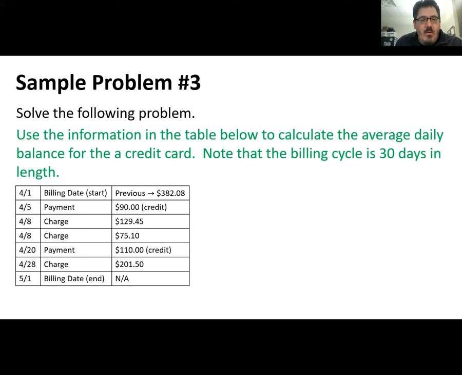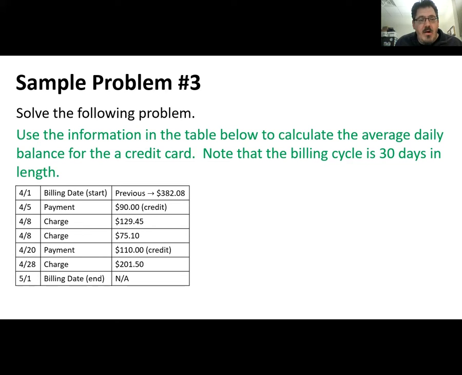Now, to do that, what we essentially do is figure out how much was in the account or charged to the account each day of the month. And then we take an average of that in order to figure out what that average daily balance is. Now, when we look at this, starting at the beginning of the month, on April 1st, the balance was